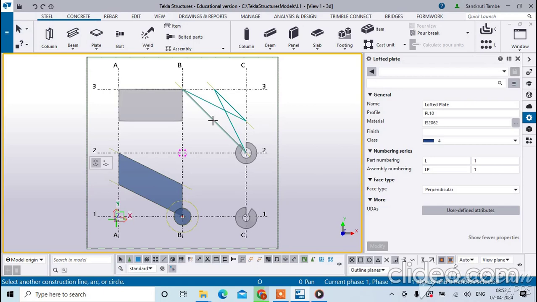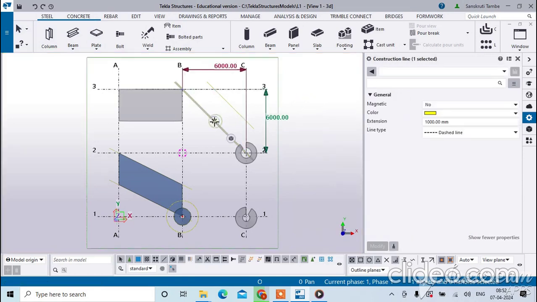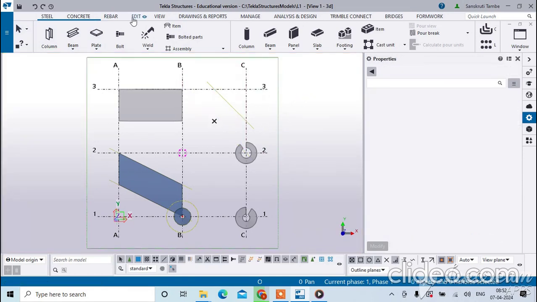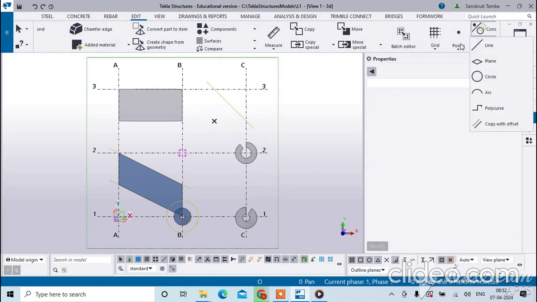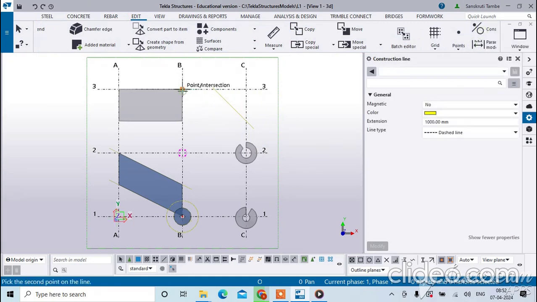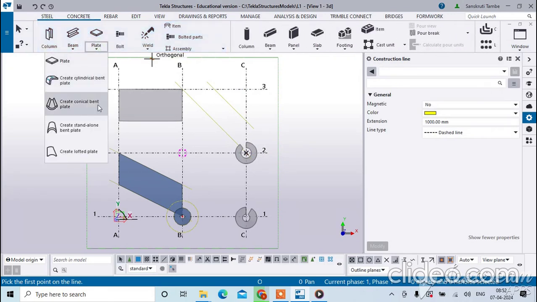What is the reason for this? Because whenever I have drawn these two construction lines, the way of drawing the construction line is different. That is, one construction line is drawn from top to bottom and the other is drawn from bottom to top. Because of this, the plate clashed and is not created. This you have to remember. I will delete this line and then again model one more construction line over here in the same fashion, that is from top to bottom, and you can see here the plate is created